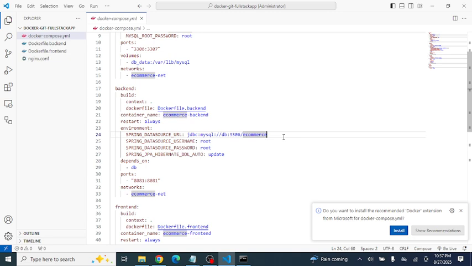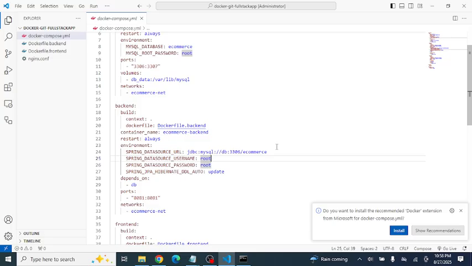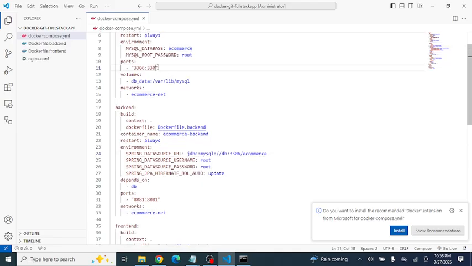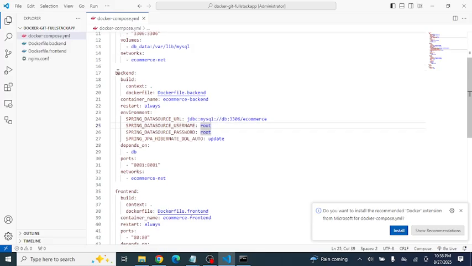Okay. Next one, here the data source URL is 3306 e-commerce. Then this we know already, backend. Now here this is the only thing we are changing: the Docker file backend. That's it. Now next